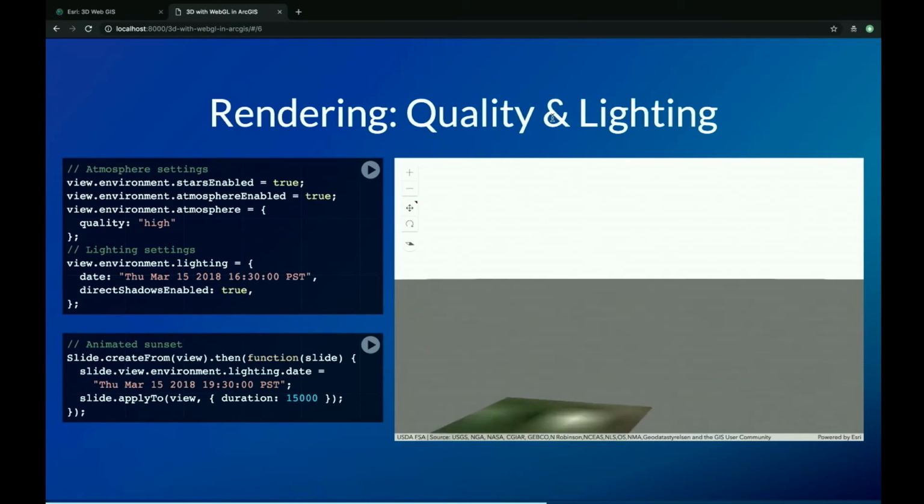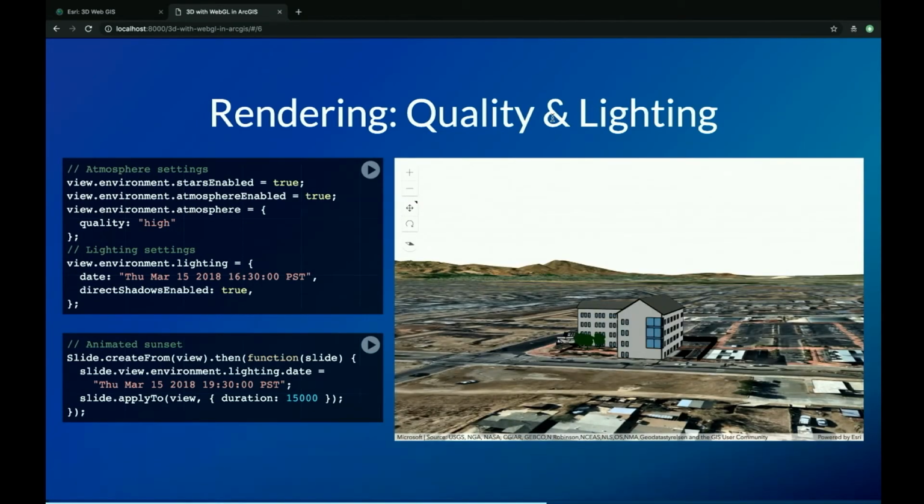I'd quickly like to cover some of the rendering that we provide in the API, which is quite nice. So in this case, we have a bit of a gray sky. I heard California's been having some hazy weather lately, but actually in this example here, it's really just a gray background we have, and we turned off the atmosphere. So if we do turn that back on, you do actually get a clear sky,